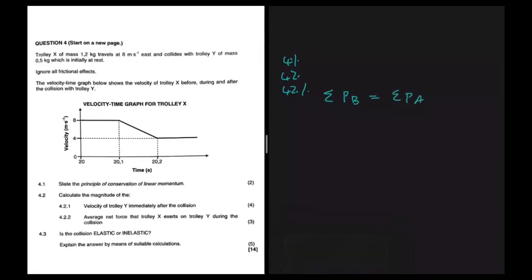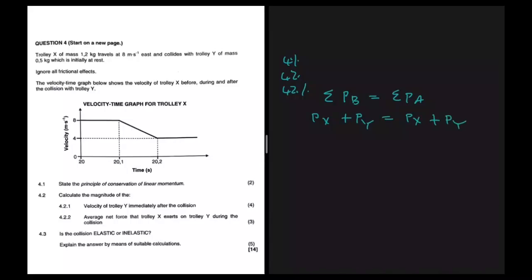So what is the momentum before a collision? We're going to have the momentum of trolley X plus the momentum of trolley Y, and then after the collision we're going to have the momentum of trolley X plus the momentum of trolley Y,